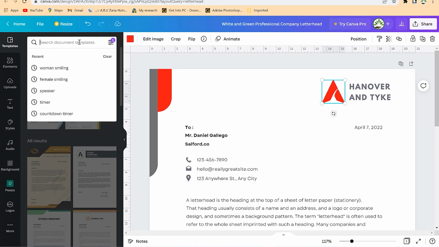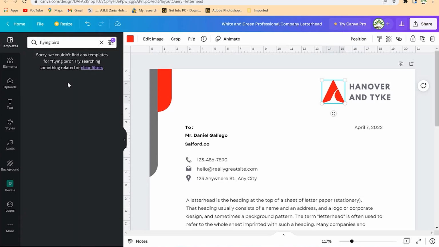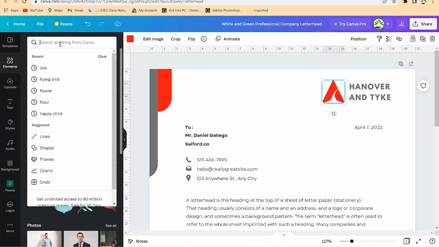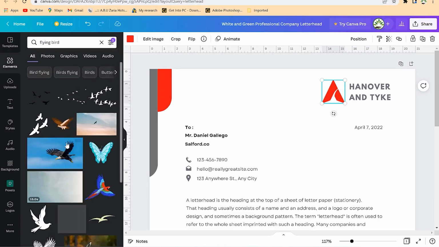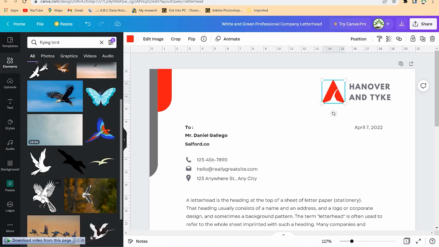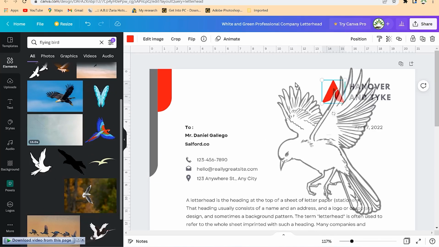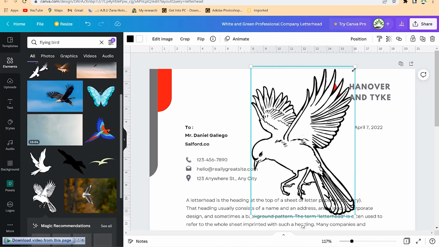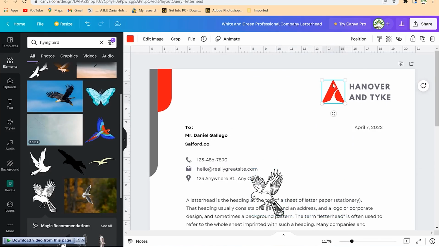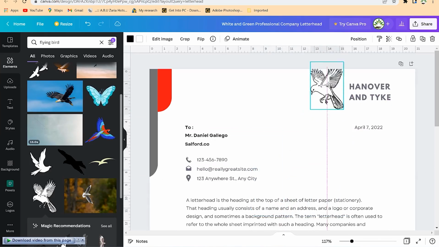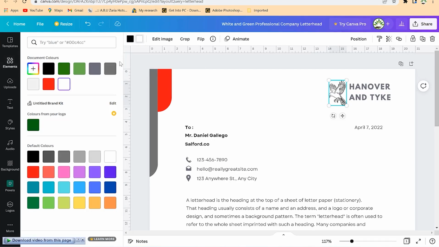Maybe let's say flying bird. The elements, you can search for flying bird, and you'll be able to see something like this. I think I like this one. Or you can just drag and drop any one of your choice. You just select and delete this, and you can bring this one, resize it to fit the location and all that. And once you get it to your taste, you can change the color of the white to something like red,